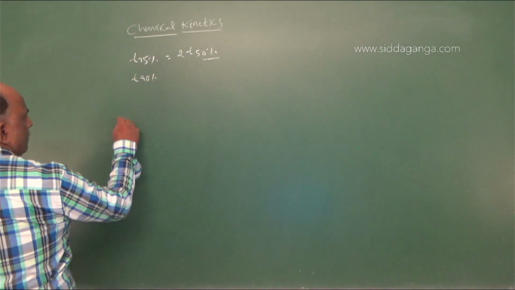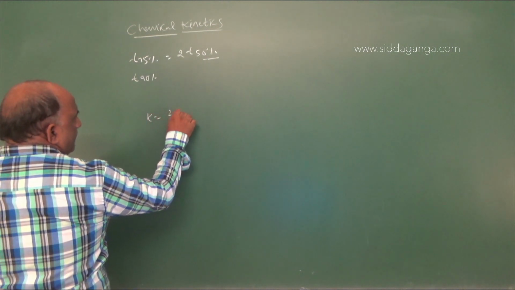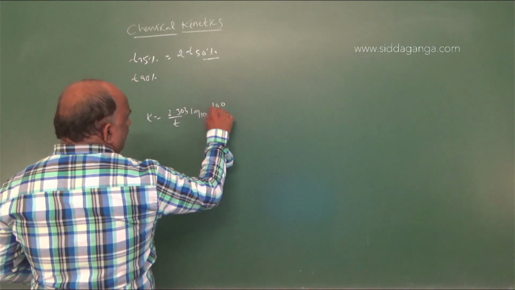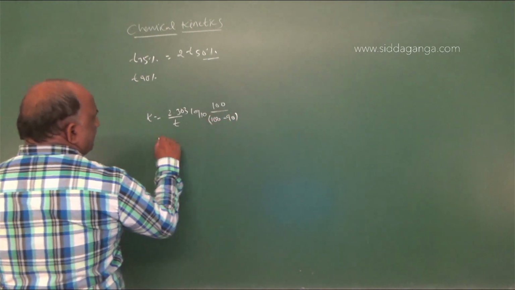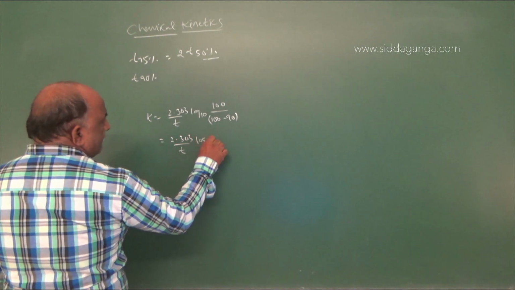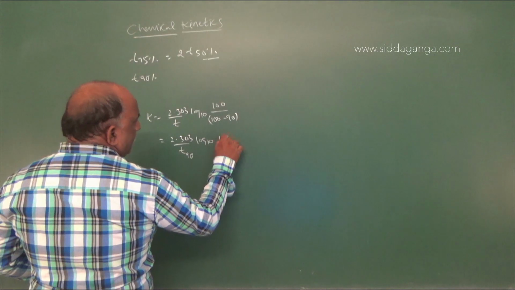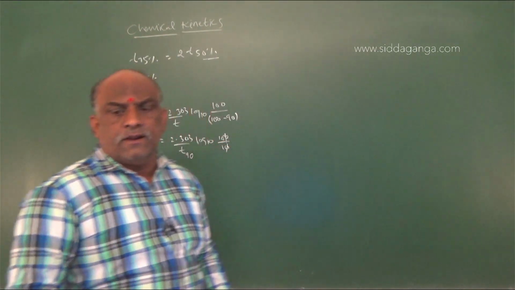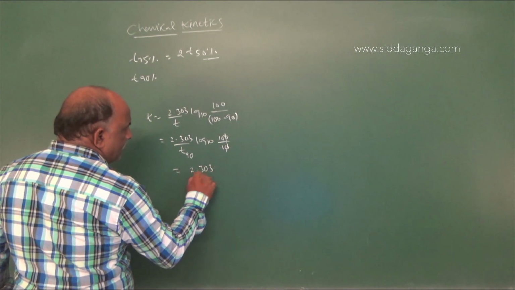We know K is equal to 2.303 by T log base 10 of 100 by 100 minus 90, that is 2.303 by T90 log base 10 of 100 by 10. Log 10 is equal to 1. So we should write 2.303 by